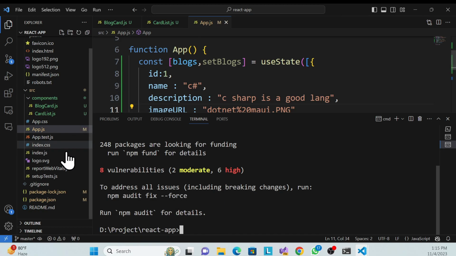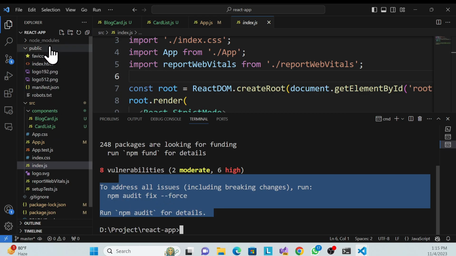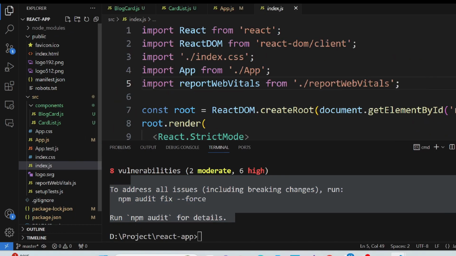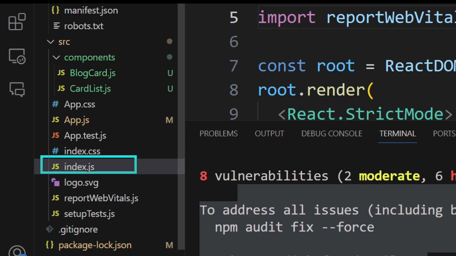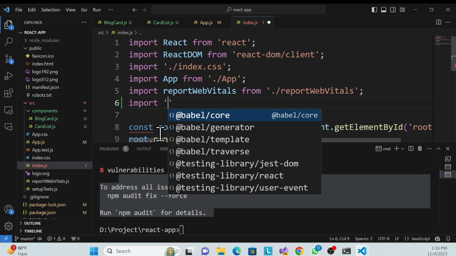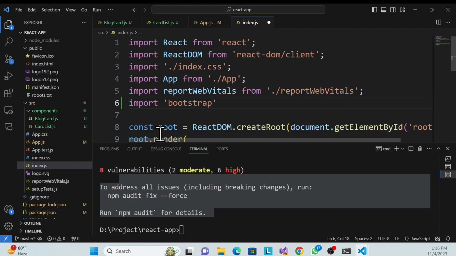Let me check it first in our index.css file. It is still not imported, but it is installed in our packages folder, in this node_modules, but you have to mention it as well in this index.js file, which is called first. Okay, import, and then we have to specify the name of where we actually have our packages. So first it is bootstrap, and then inside is a dist folder,